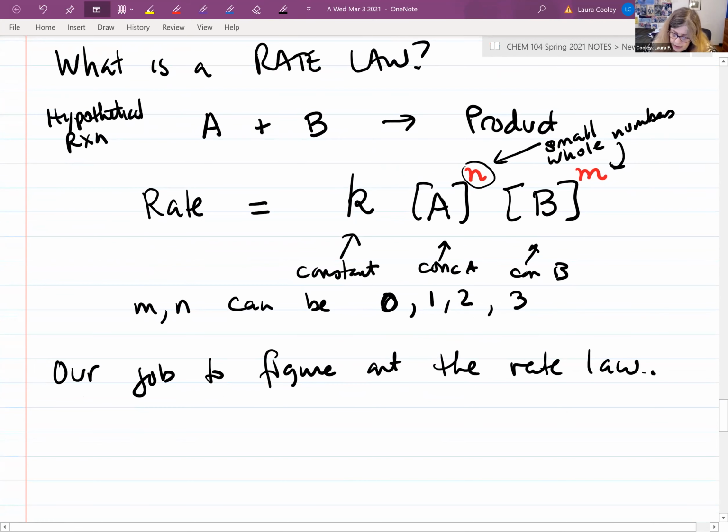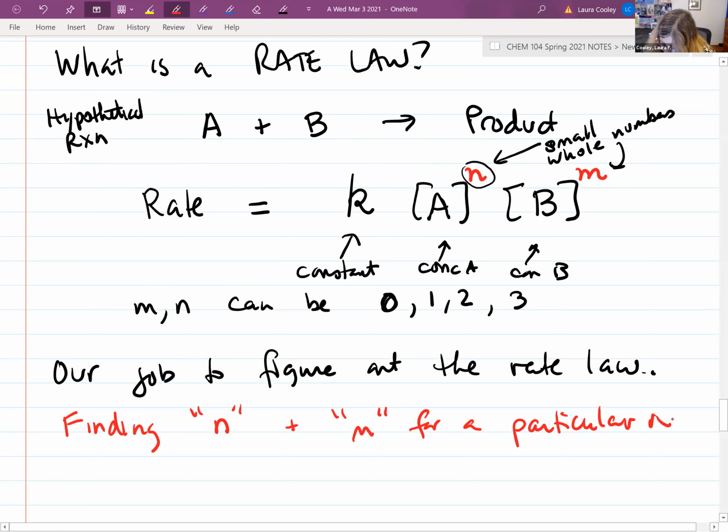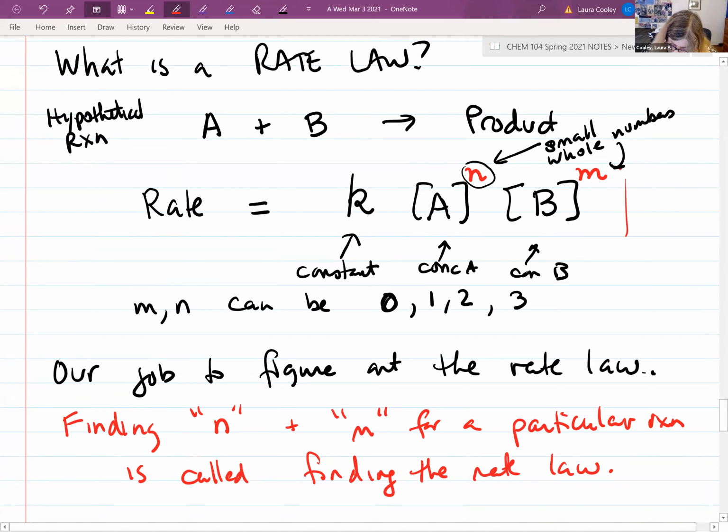And determining these values of N and M. So finding these numbers, finding the N and the M for a particular reaction, not the hypothetical reaction, is called finding the rate law. And then you'd be able to write this expression. And this rate, by the way,